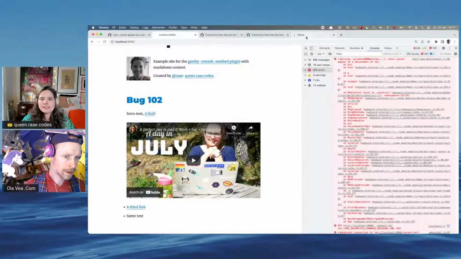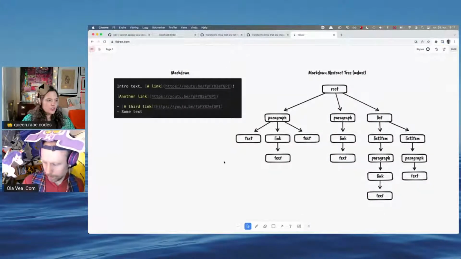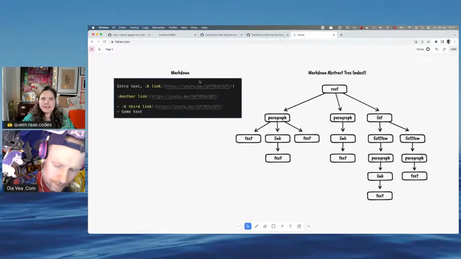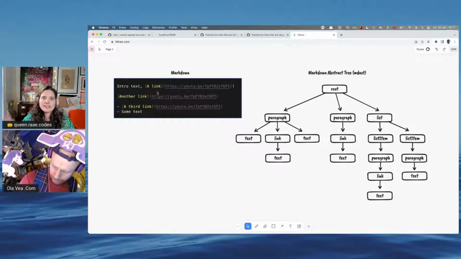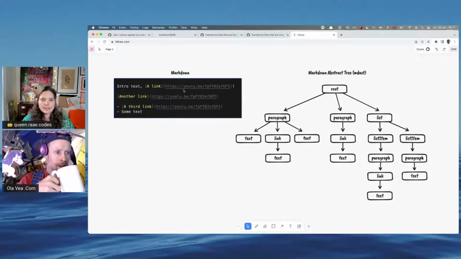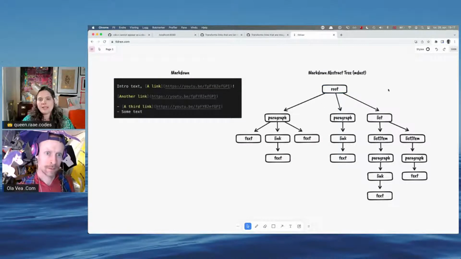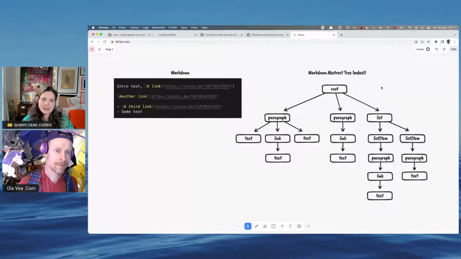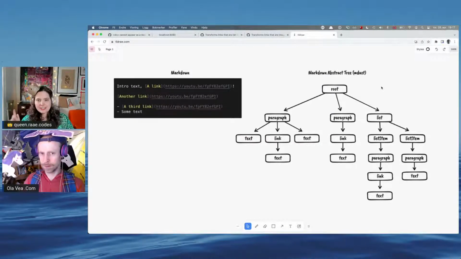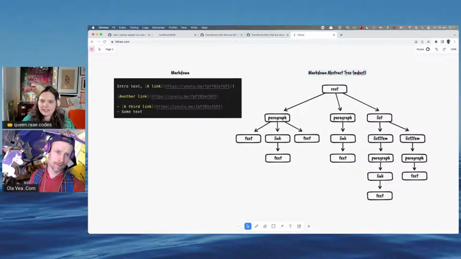So to understand this a little bit better, I created a little drawing here. What we get is the string version of the Markdown content. And then the Gatsby transformer remark plugin takes this string of Markdown and turns it into a Markdown abstract syntax tree. I always called it MDAST, but obviously it's MDAST, Markdown Abstract Syntax Tree. Oh, I forgot the syntax here.